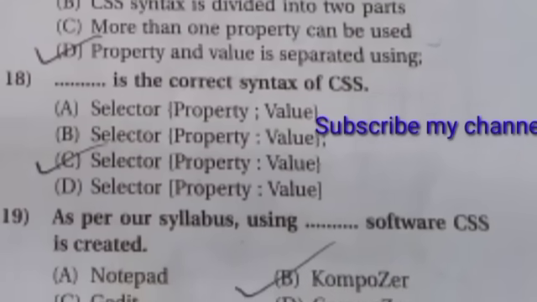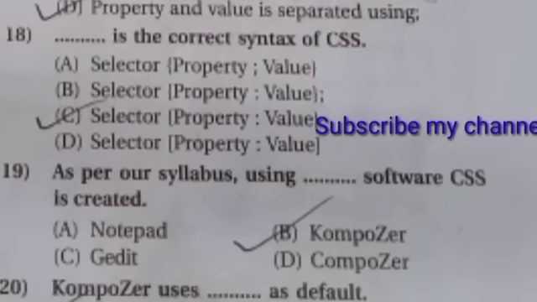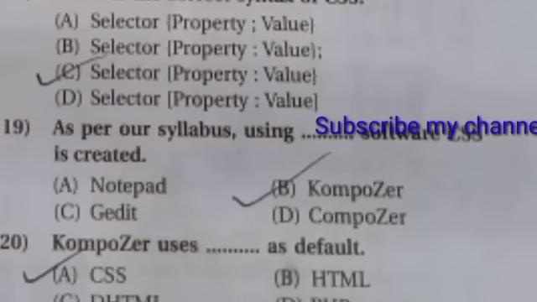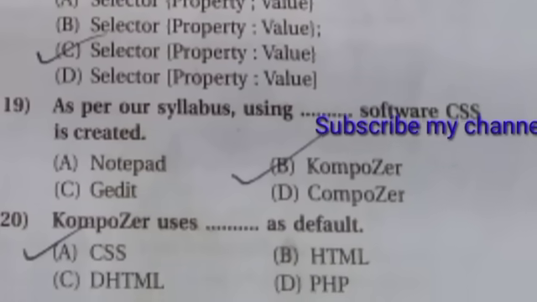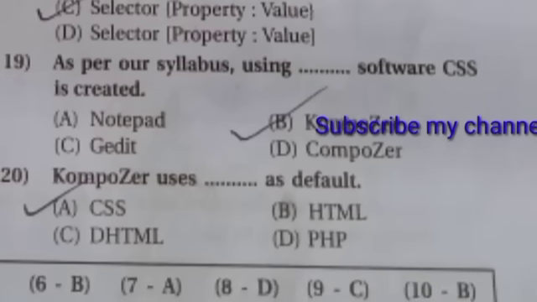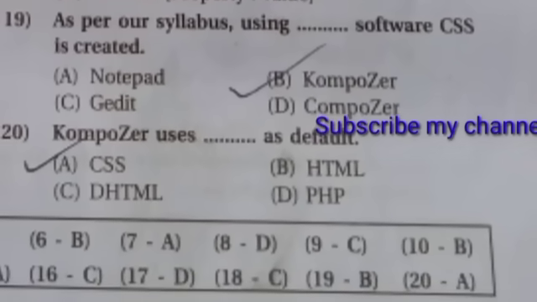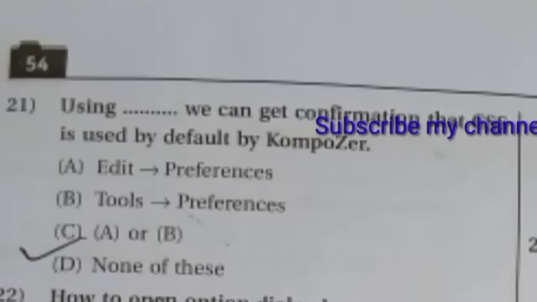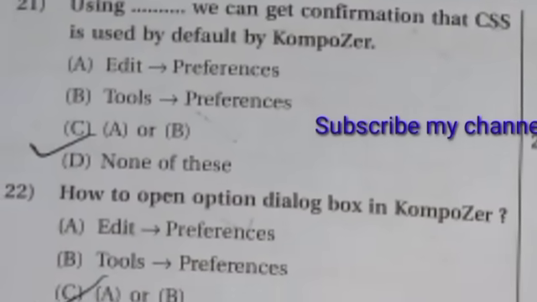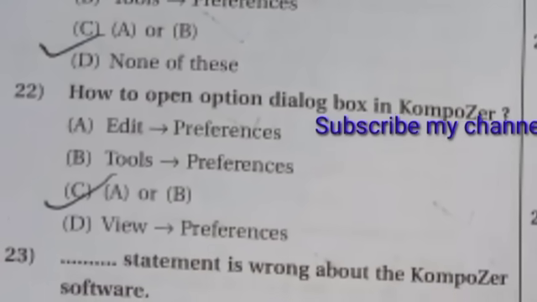18 देखिए, डैश इज द करेक्ट सिंटेक्स ऑफ CSS। तो इसका आंसर है सी, सिलेक्टर प्रॉपर्टी वैल्यू। ओके, 19 देखिए, एज पर आवर सिलेबस यूजिंग डैश सॉफ्टवेयर CSS इज क्रिएटेड। तो बी आंसर है कंपोजर। 20 देखिए, कंपोजर यूज डैश एज डिफॉल्ट। ए आंसर है CSS। Using dash we can get confirmation that CSS is used by default by composer। C आंसर है A और B। How to open option dialog box in composer। C आंसर है A और B।